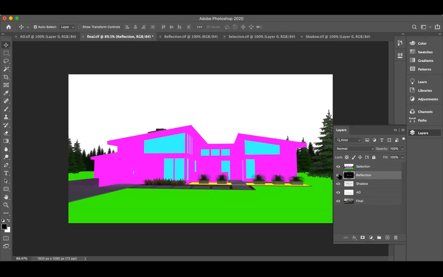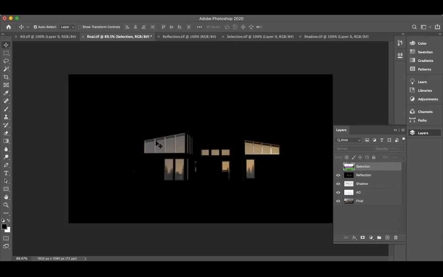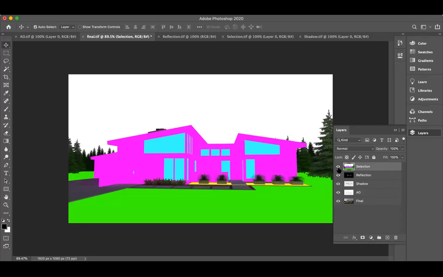So now this is the place where I want to work with the selection pass which we created. I want to select this glass window alone, this glass part. If I don't have this image, at that time I have to work with the pen tool and select it manually, so it will take a huge amount of time. So to reduce the time, I have created a selection pass.